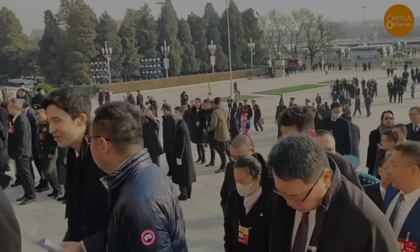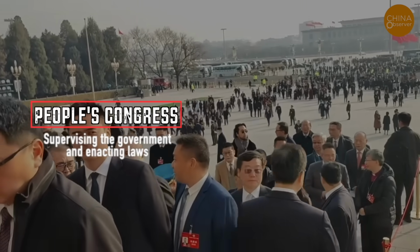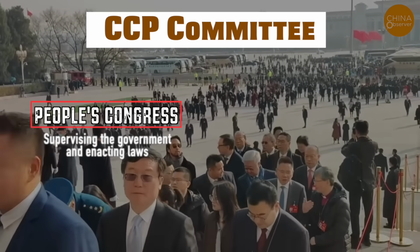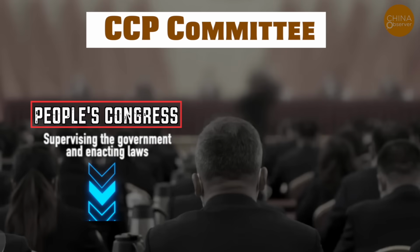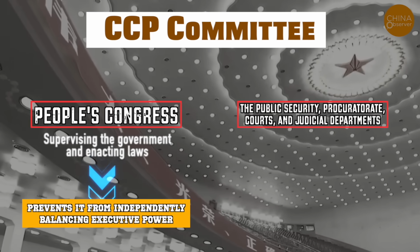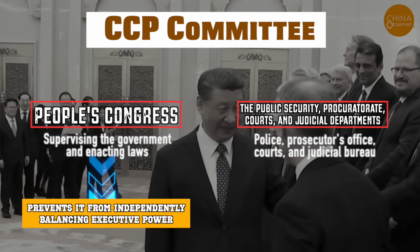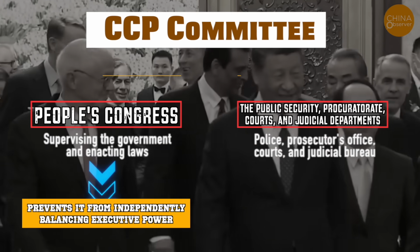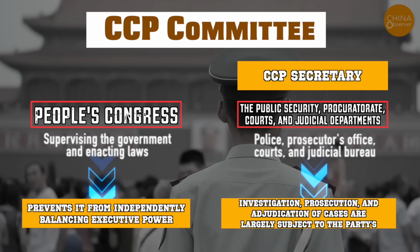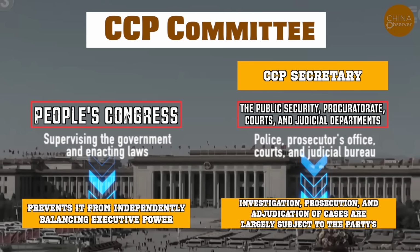the CCP committees. For example, the People's Congress at all levels should be responsible for supervising the government and enacting laws, but its operations are directed by the corresponding CCP committee, which prevents it from independently balancing executive power. More importantly, the public security, procuratorate, courts, and judicial departments such as police, prosecutor's office, courts, judicial bureau are all under the leadership of the CCP secretary. That means that the investigation, prosecution, and adjudication of cases are largely subject to the party's will rather than independent